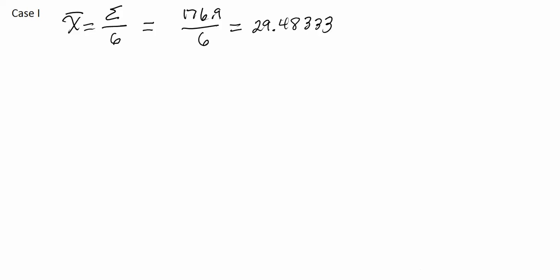Okay, we're going to come back to the median, but next I want to calculate the variance and the standard deviation. And for both of these, I'm going to need to take each observation, subtract the mean that I just calculated, take that quantity, square it, and then I'm going to sum those. So I'm just going to calculate the difference between each one of the 6 observations and the mean, and then square it. So for the first one, I take 28.7 minus 29.48333, square it, and I get